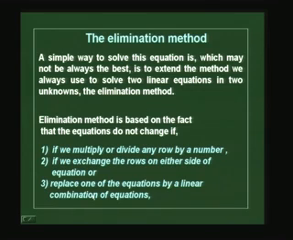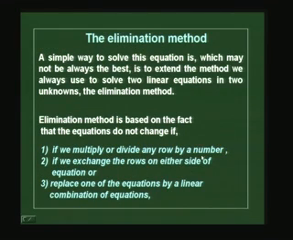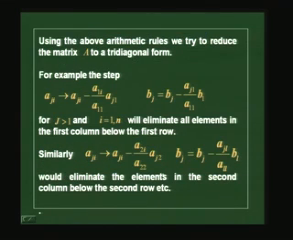Or we could replace one of the equations by a linear combination of other equations. So that's the next method. What we do is take one of the equations and replace it by a linear combination of the equations. That will also not change the solution. So that's the idea here, and that has been summarized here in terms of what happens to each of the elements. So these operations, that is multiply or divide by a number, or exchange rows on either side of the equation, or replace one of the equations by a linear combination of the equations, that's what we're going to implement